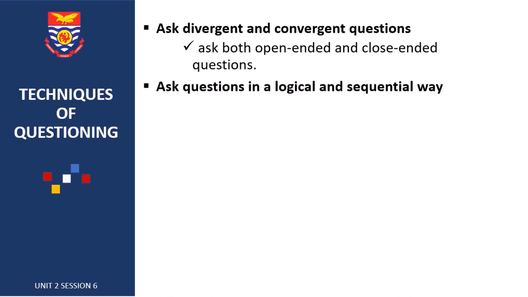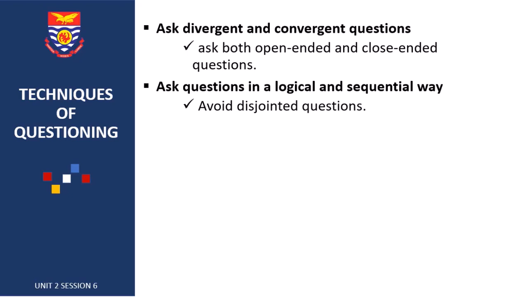answers. Ask questions in a logical and sequential way. Avoid disjointed questions. First question is on A, second question is on Z. At least the questions should be a bit related. You may have asked students to define mole in your first question. Maybe a follow-up question would be where they have to calculate the number of moles or something,